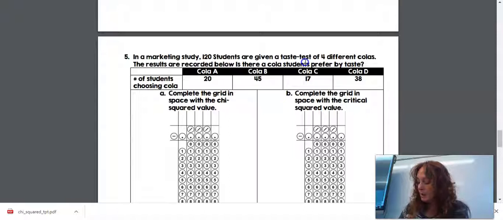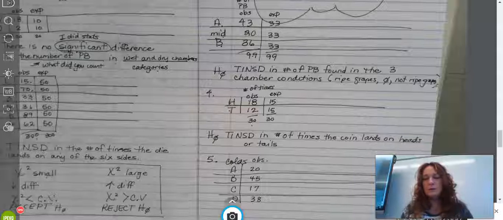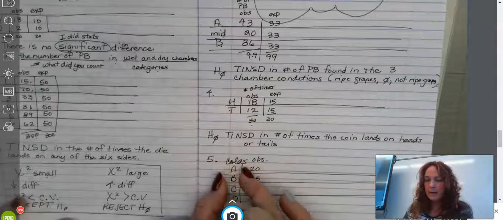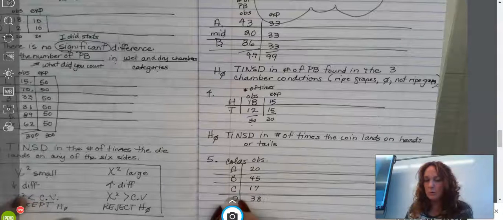You've got colas, A, B, C, and D, and you observe the students 20, 45, 17, and 38. Okay, so I moved the data to where my categories are vertical instead of horizontal, because